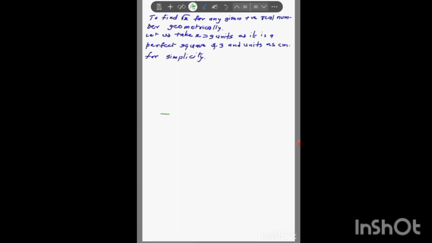Okay, then draw a segment of 9 centimeters. Okay, extend it by 1 centimeter. Remember, you have to extend by only 1 centimeter for any value of x. Okay, now this has a center and this has a diameter. Draw a semicircle over this in this manner. Then drop a perpendicular from the semicircle to the segment end which we have drawn, and from this to the center, which will act as